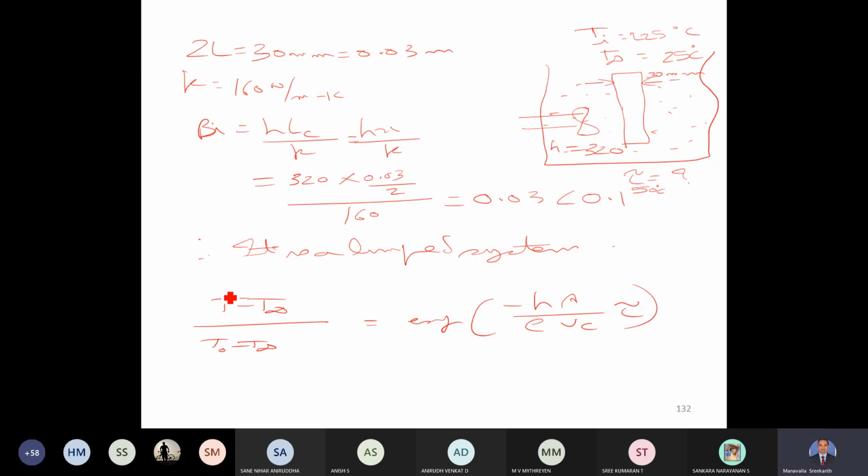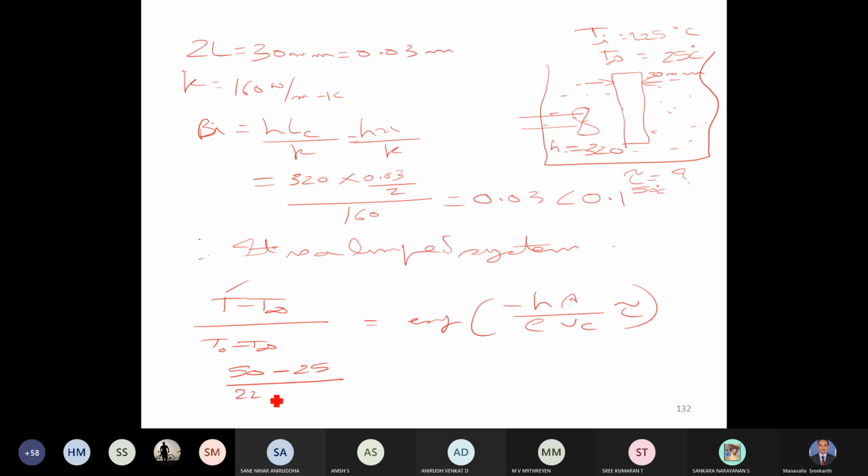Now, this T is known to us. We want this T to be 50. So 50 minus T infinity is how much? 25,